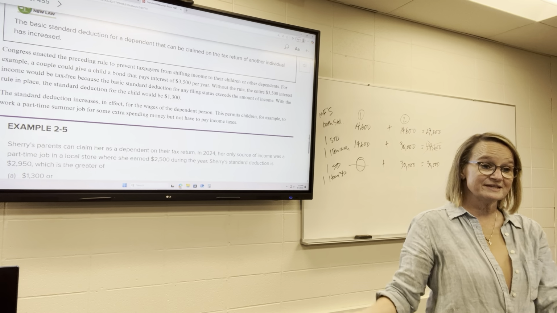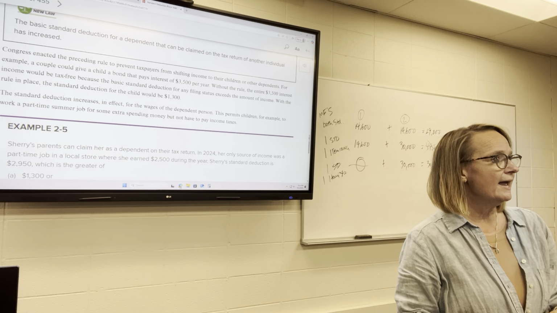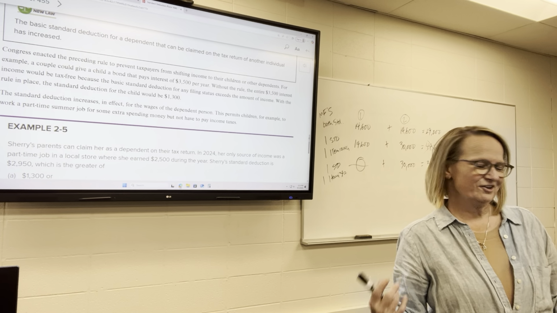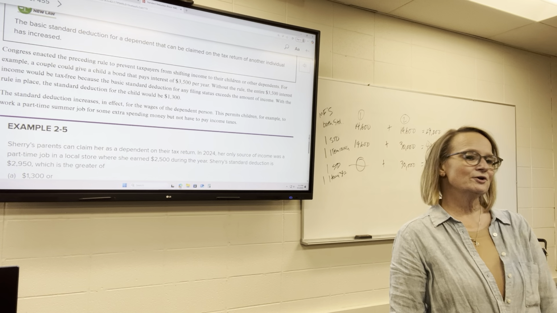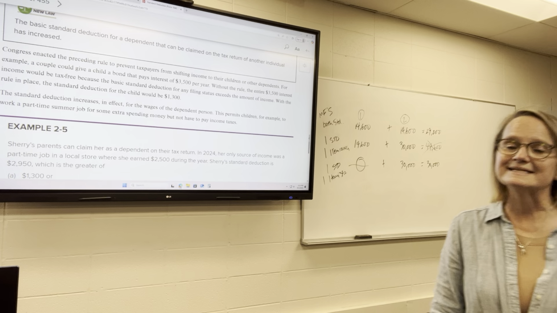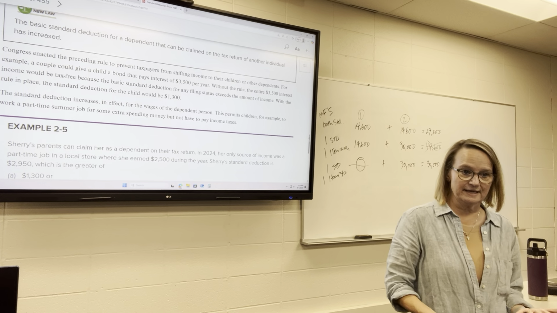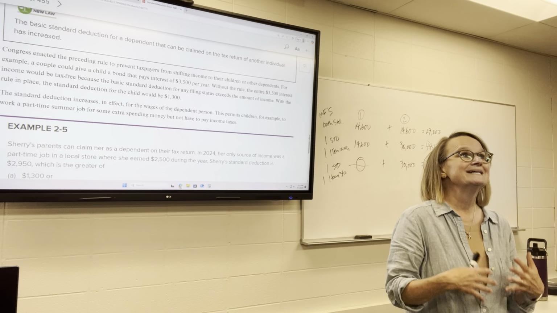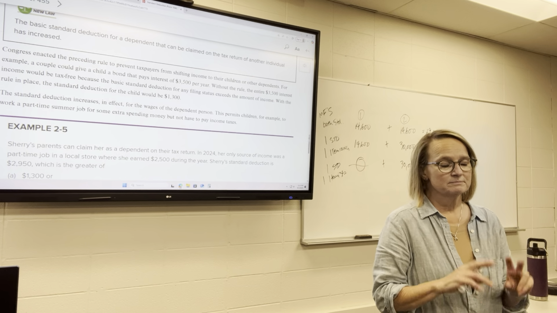But sometimes the kid comes in and has no idea, so they've got to call mom and dad and ask. 9 times out of 10, they are still being claimed as a dependent because that's the most tax advantageous position